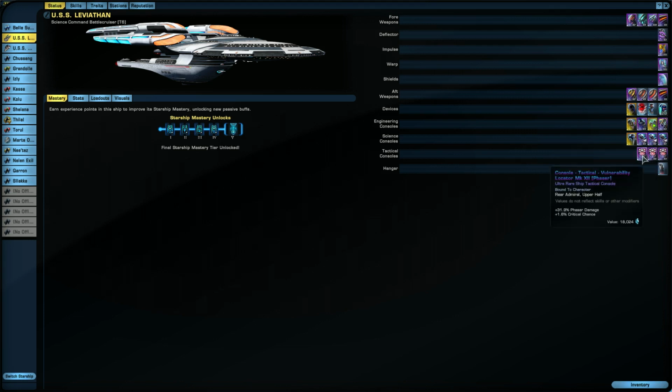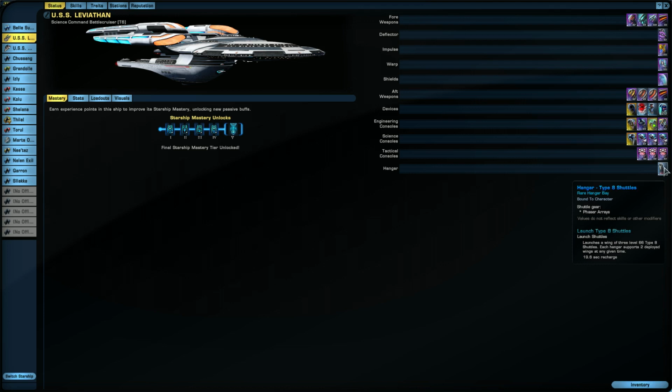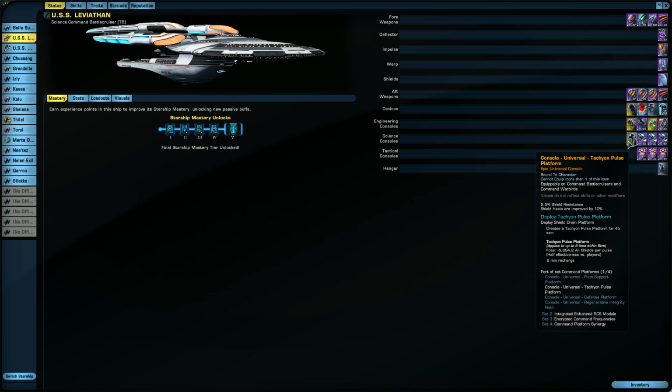And then for tactical, I have 3 tactical low vulnerability locators. And I also have the Type 8 shuttles, which this ship comes with. And for the universal console, the tachyon pulse platform, which gives me 2.5% shield resistance, and shield heals are improved by 10%. When you deploy the tachyon pulse platform, what it does is creates a tachyon pulse platform for